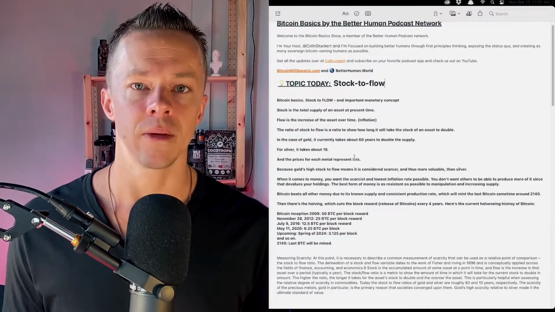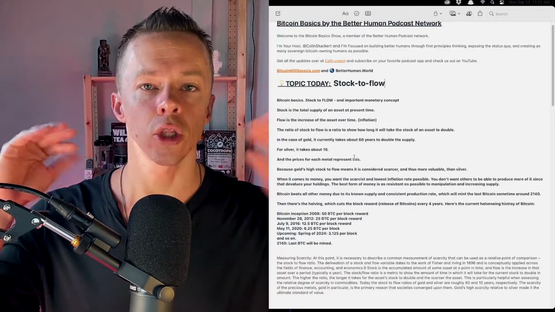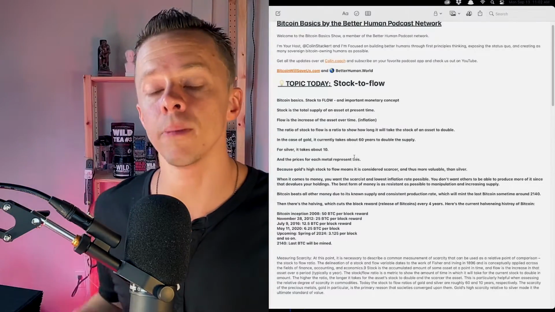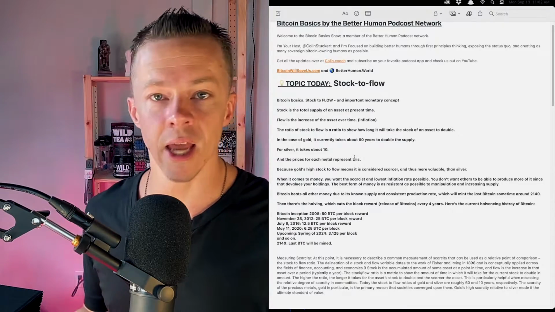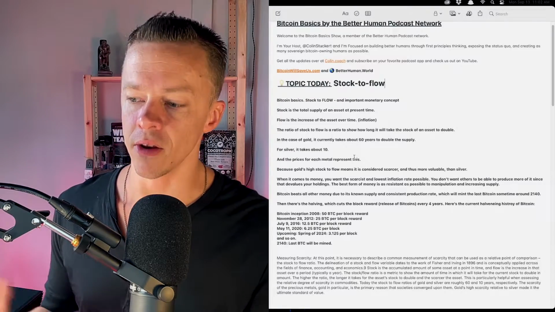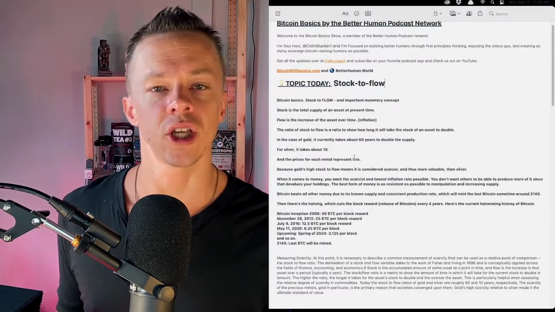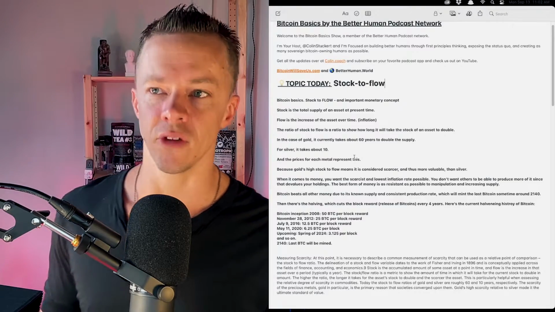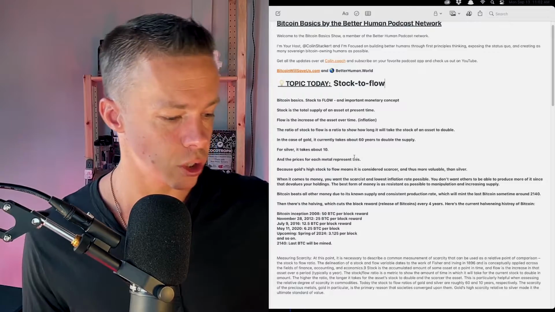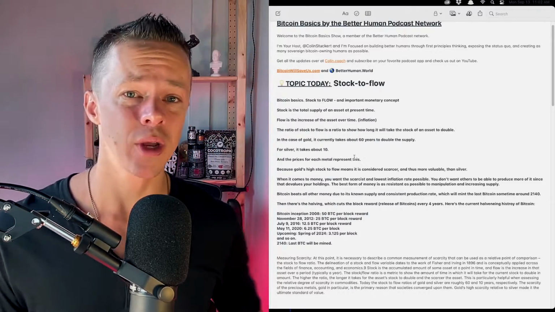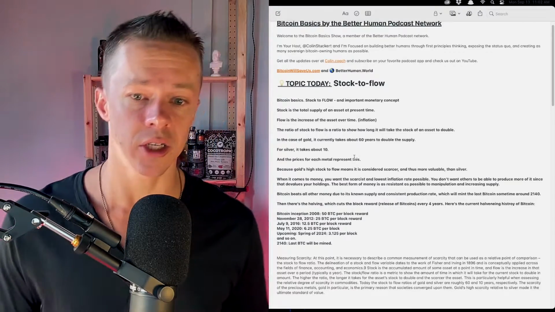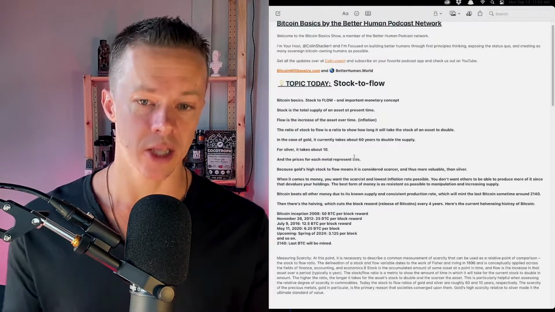But what you want in money is something that has very, very low or predictable flow added to stock, because then you can be relatively sure that, like today, if it's a 3% inflation rate, in 10 years it's about 3%, right? And really people hold gold because they don't feel safe holding dollars. And that's because dollars have an inflation rate that's much higher. So if you hold gold, you actually lose less purchasing power. Some would even say you should actually earn more, but I don't know. I mean, at this point, I think gold's kind of failing as a store of value, and there are just so many other things, and Bitcoin really is the winner, which we'll get into right now.